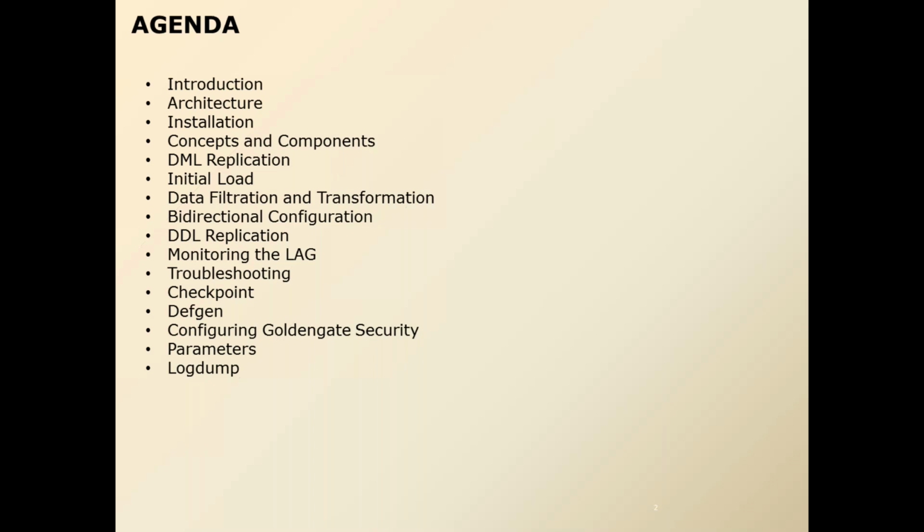And then we'll be discussing the logdump utility of Oracle Golden Gate, which allows you to read the trail files. Apart from this, we'll be discussing a lot of things in detail like obey files, macros, and a lot of other stuff that is part of the training, which you'll learn during the training. So this is just a brief introduction, or brief agenda, which I have mentioned here. Apart from that, there are a lot of things which will be coming.